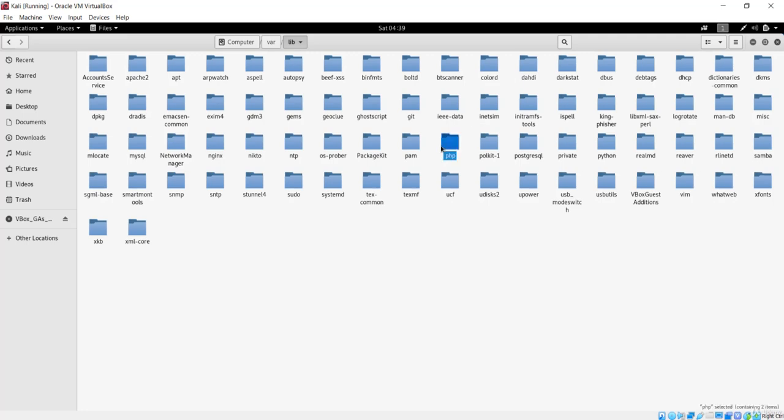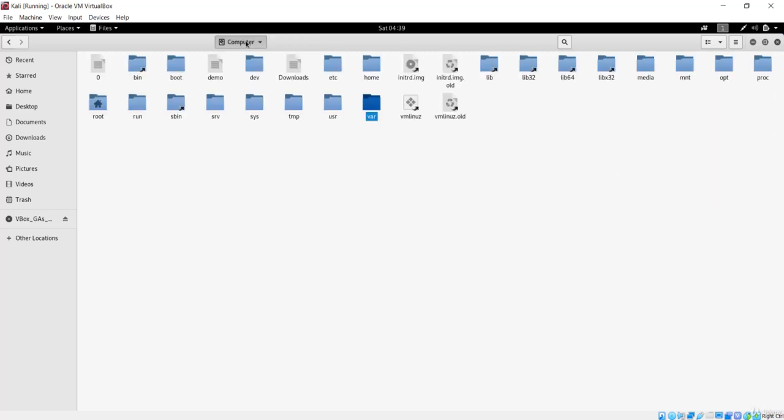So you can see the PHP server over here. You can see the MySQL server right over here. So you can make use of all of these services that come pre-packed in Kali Linux from the terminal. So we have now seen some of the important directories of this root directory. So let's see how we can navigate from one directory to another directory from the Linux command, and we'll make use of a terminal to do that.